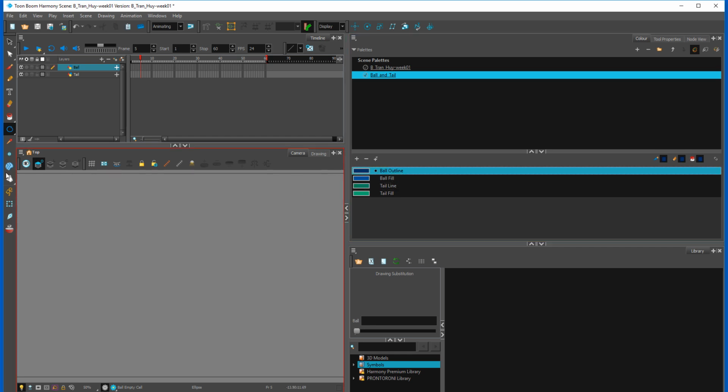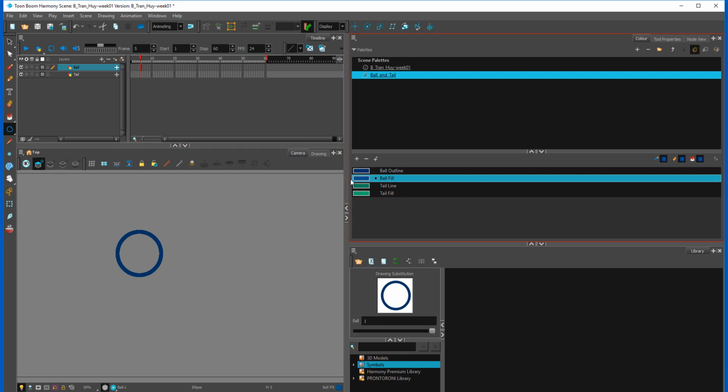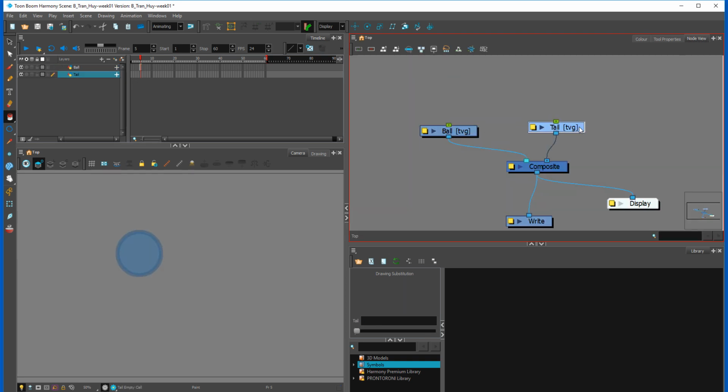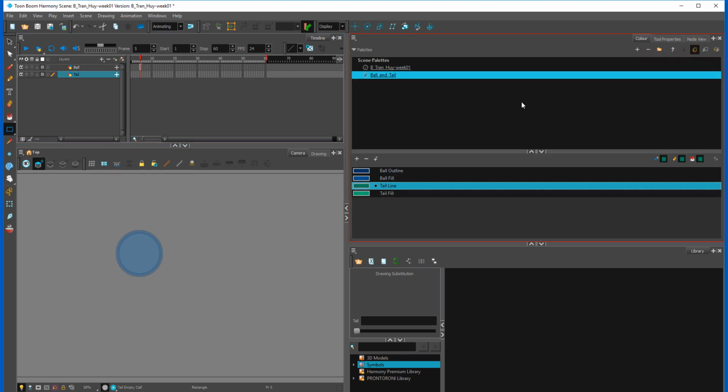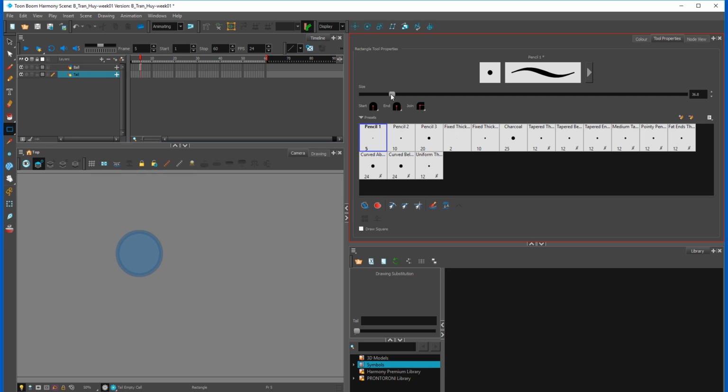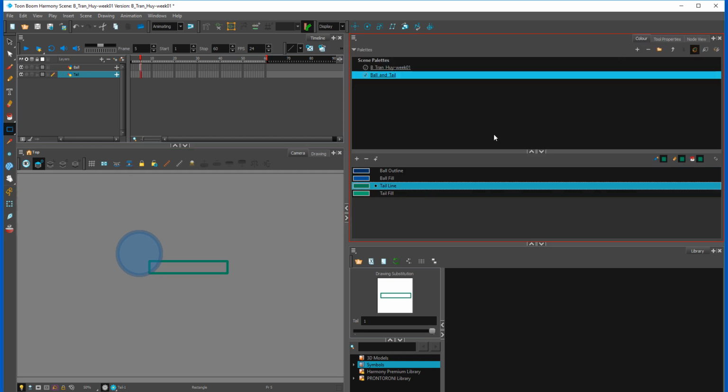Alright, so we'll start with our ball using our ellipse tool. I'm going to shift and hold to get the perfect circle, and I'll fill it with the paint bucket tool. Okay, now I'm going to go to my tail, and for the tail I'm going to use my rectangle tool, and I'll use my tail line, but I'm going to thin down the line a little bit. It's a little bit thick for me. So here's my tail, and I'll fill it